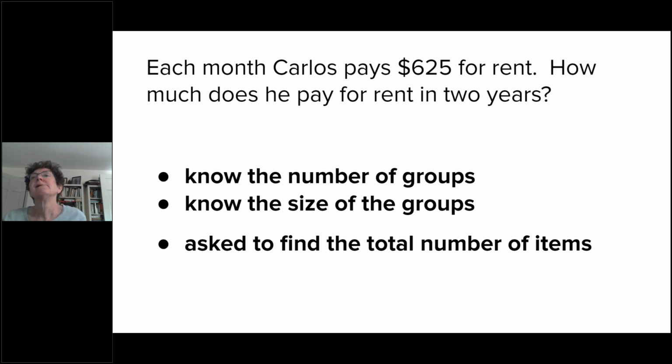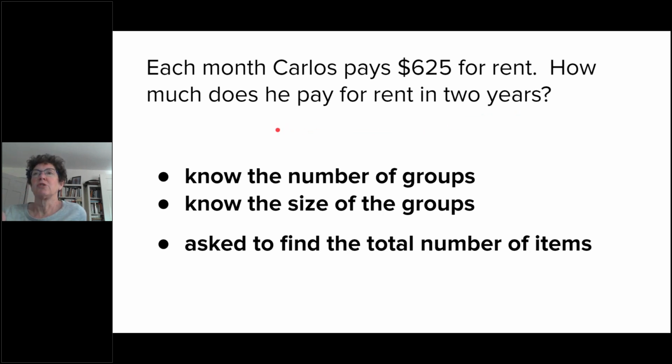12 months. How many years do we have? 2. So we have to think about how many months in 2 years. 12 times 2 is 24. So we're going to be multiplying